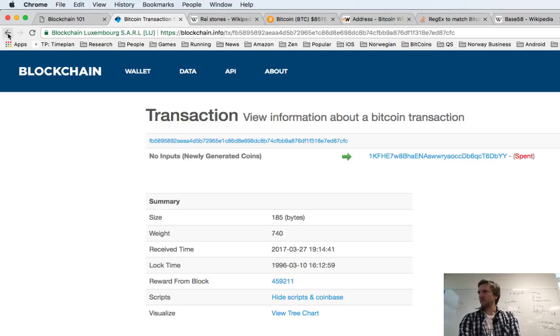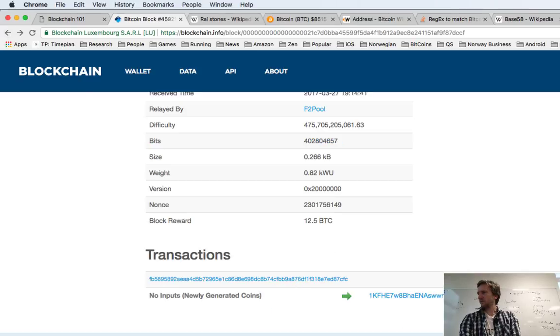Yeah, so that's the generated one, which transfers the funds to the